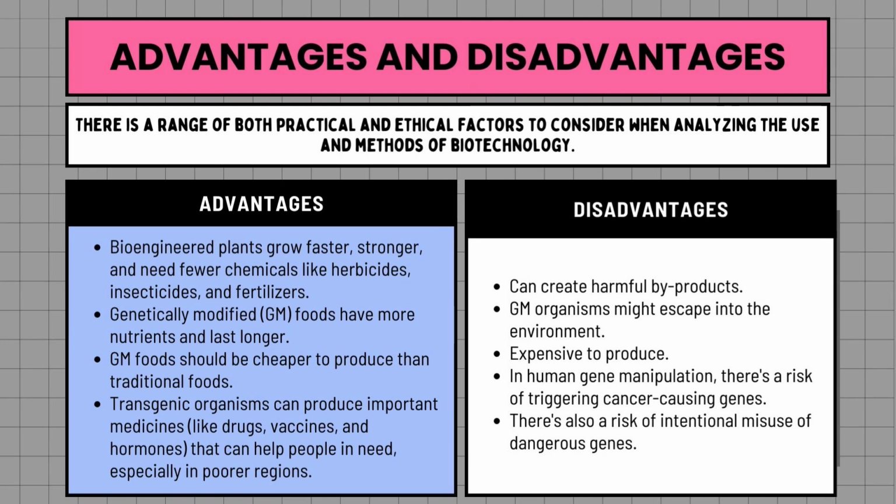especially in poorer regions. While biotechnology has many benefits, there are also some downsides to consider. First, GM crops can sometimes lead to overuse of chemicals, which might harm the environment and create resistance to pesticides. Another issue is the uncertainty about the long-term effects of GM foods on our health and the environment. Additionally, companies often patent GM seeds, which means farmers have to buy new seeds each year, increasing costs. Lastly, there is always a risk that genetic changes could have unexpected effects on